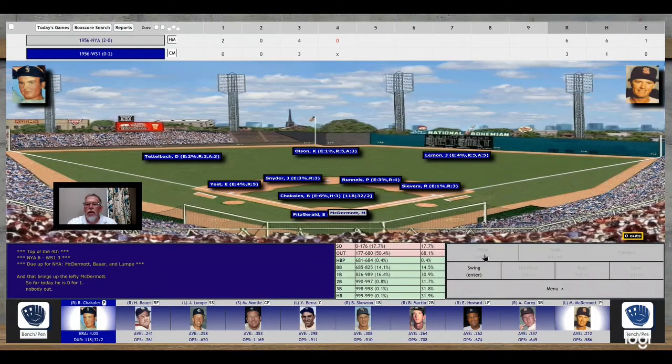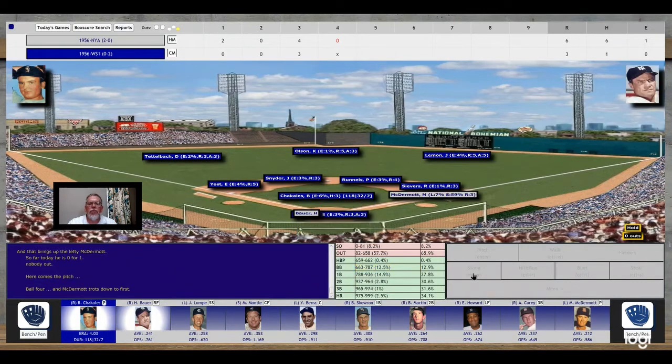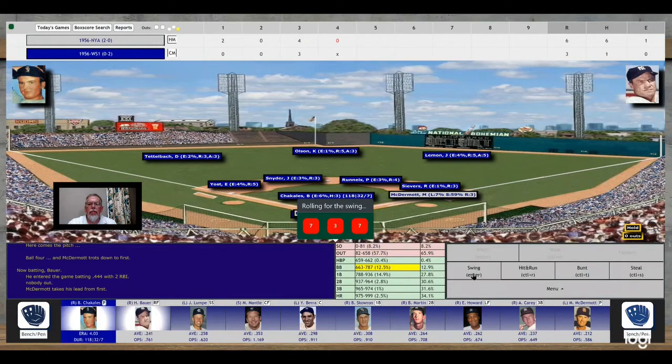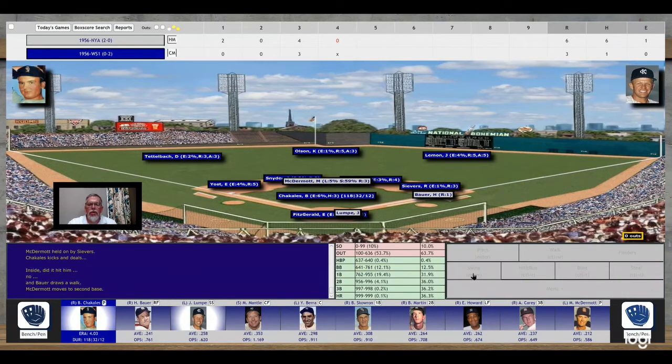McDermott at the plate. Here's the pitch from Chakalis. And he walks him. New pitcher in for the Senators. Chakalis. But he promptly walks his counterpart. That brings up Bauer, Hank Bauer. There's the game batting .444. McDermott takes his lead from first. Here's the pitch to Bauer. And he walks Bauer. So we get a new pitcher, and he promptly walks the first two batters,